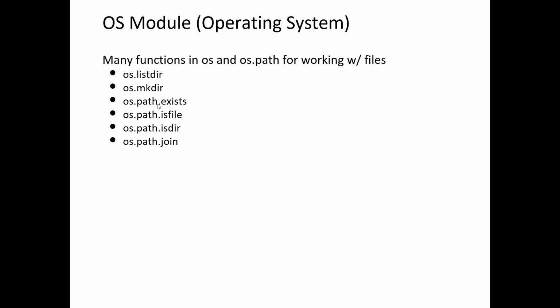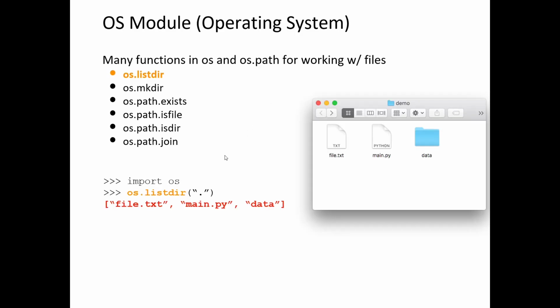and some of these are going to be in the path submodule, os.path. But the first one is just at that top level, os.listdir. This is essentially the same thing as doing ls from the shell. It's going to return a list of files in whatever directory we give it. All right, so here, I need to import os before I can use it. Calling os.listdir requires I give it one argument. And in this case, in this example, I'm giving it just a string,